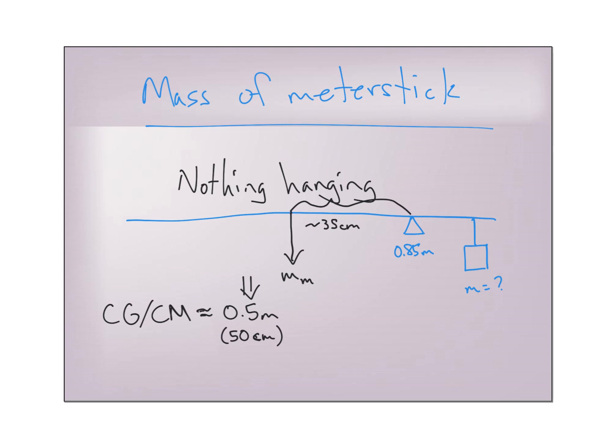Okay. So you'll ultimately get it balanced out. That lever arm distance from the pivot point at 0.85 or 85 centimeters, and the lever arm out to your meter stick is going to be somewhere around 35 centimeters. You can, when you test this all out, there's a scale, as I said up front, for both your unknown mass, but also for your meter stick to get the actual mass. You'll be asked to do a percent error at the end, but those are the two parts to this particular